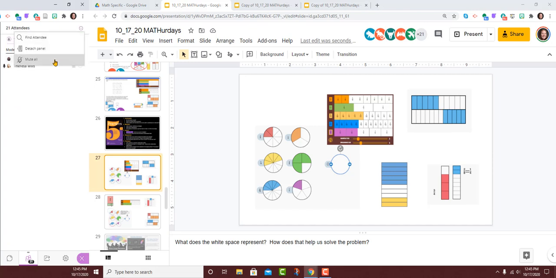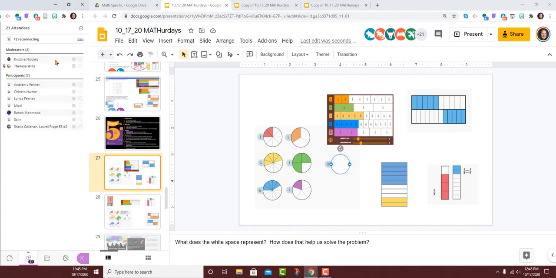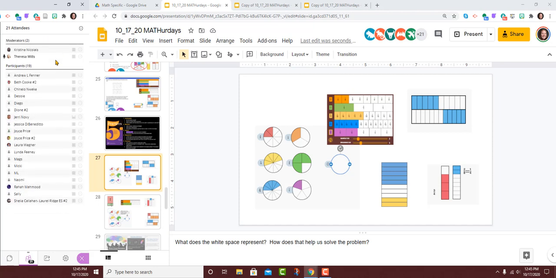Welcome back, everyone. We're all back together in the main room, and I know we could have used more time on this. One thing I want to be explicit about is that I'm not showing necessarily the wait time with students, but sometimes they really are able to come up with all these representations in just 20 minutes.